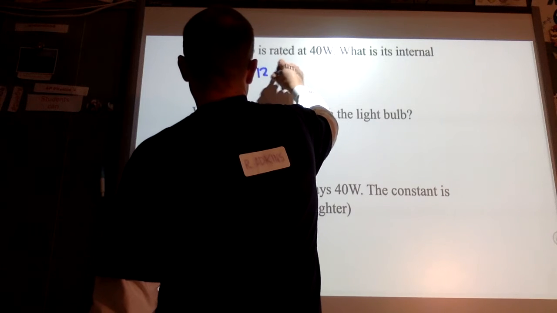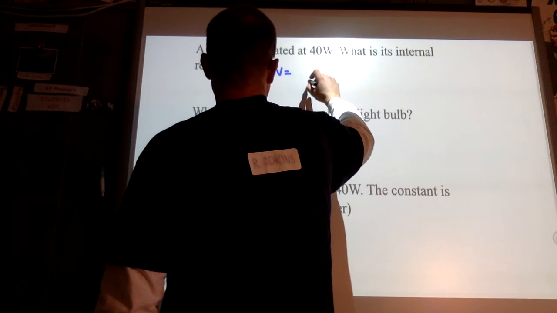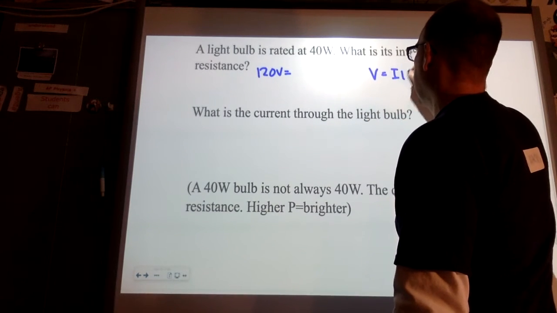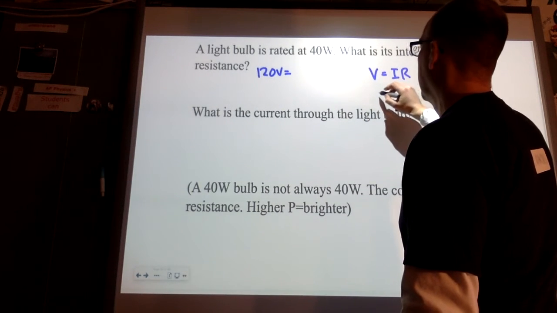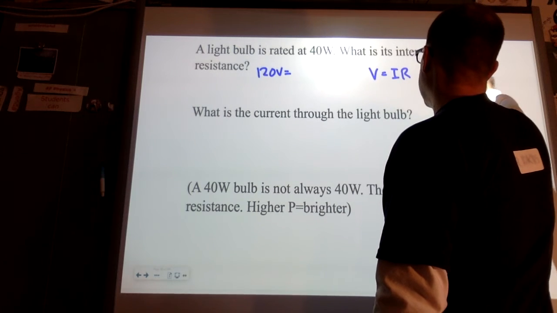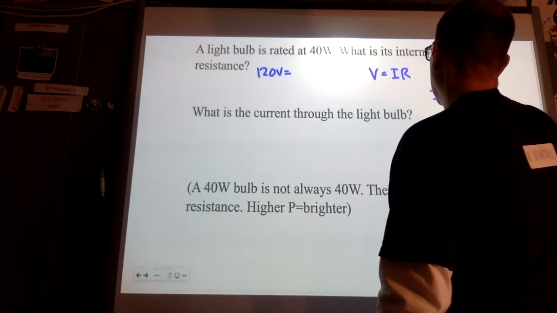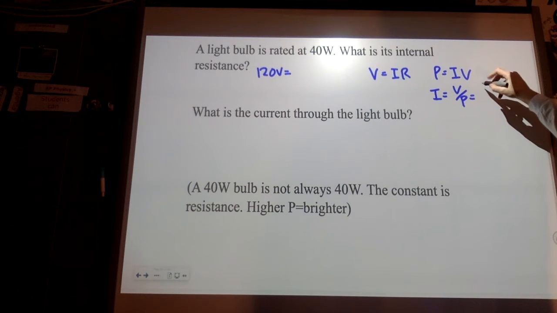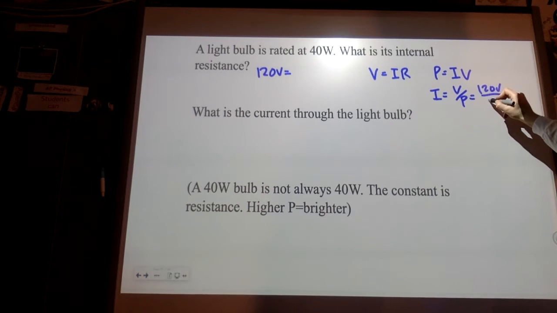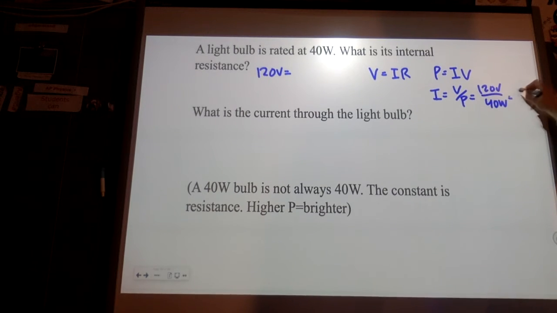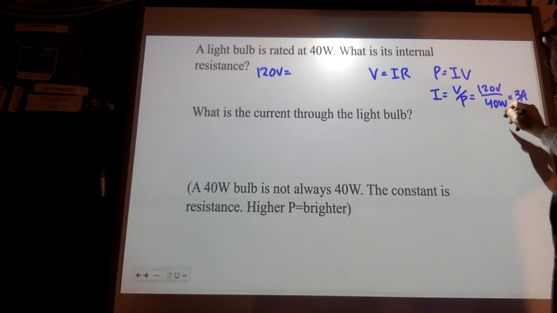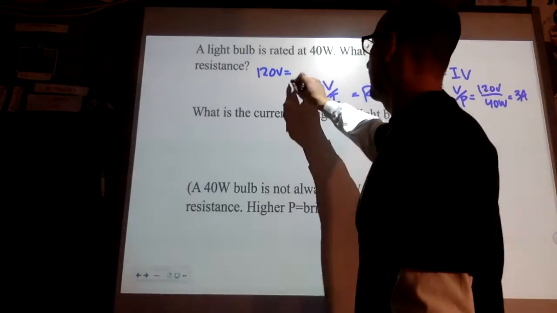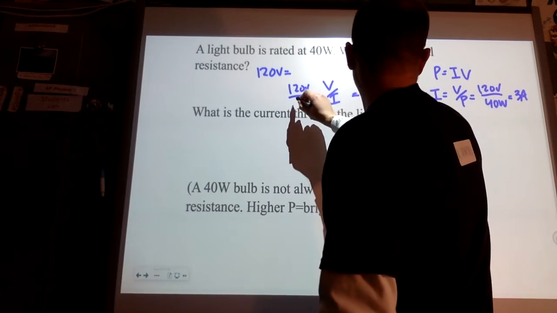So that's what we get when we plug things in. I'm going to say that V is equal to IR. I also know that P is equal to IV. So my current is going to be my voltage over my power. So this is going to be 120 volts over 40 watts, or 3 amperes. And then my resistance is going to be 120 volts over